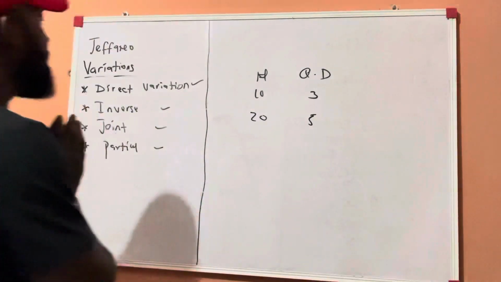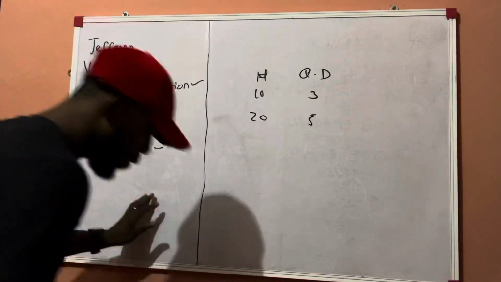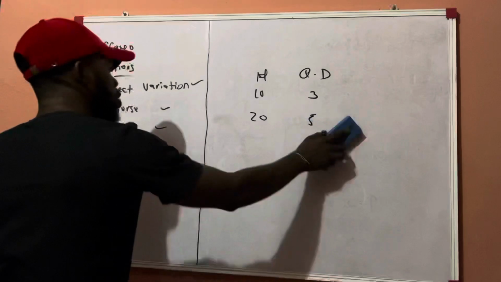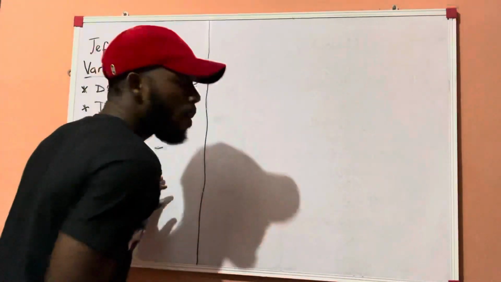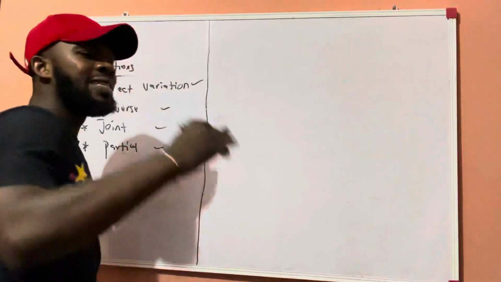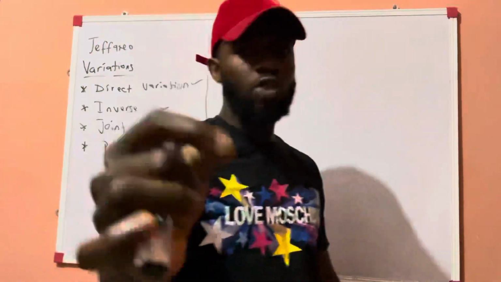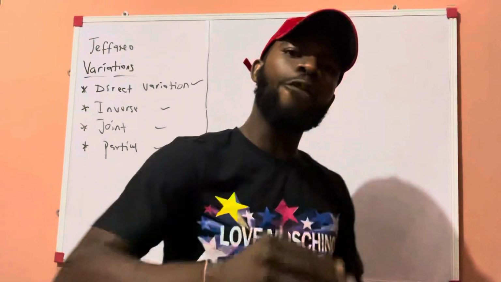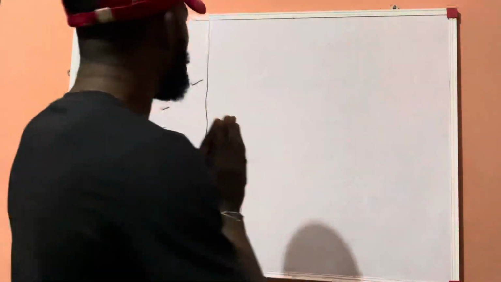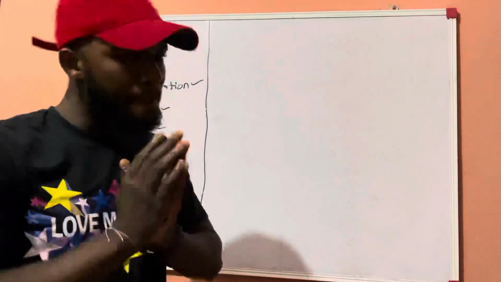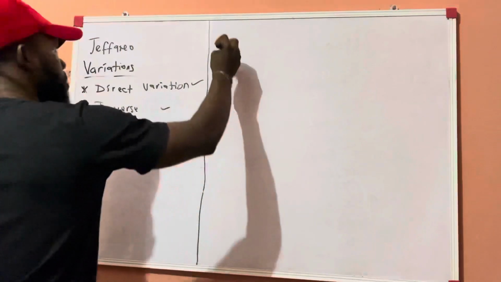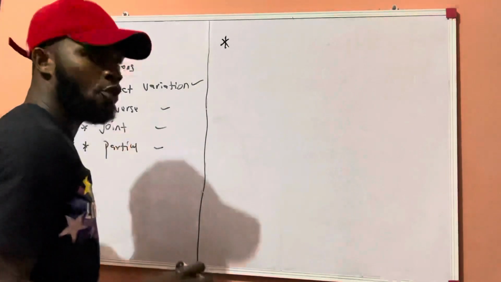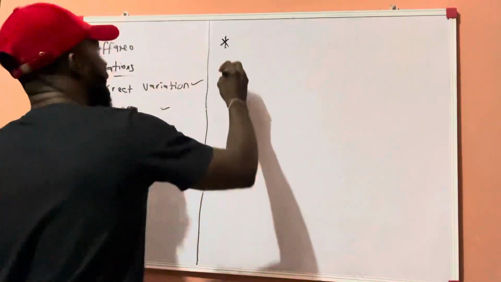Now, for us to be able to understand direct variation, or inverse variation, or joint variation, or partial variation, there are some steps you need to take. You don't just start solving. No, you need to follow steps. And I'll be giving you 2 steps. With these 2 steps, I bet you can solve problems on variation. The first thing you need to know when solving any variation question is that you find